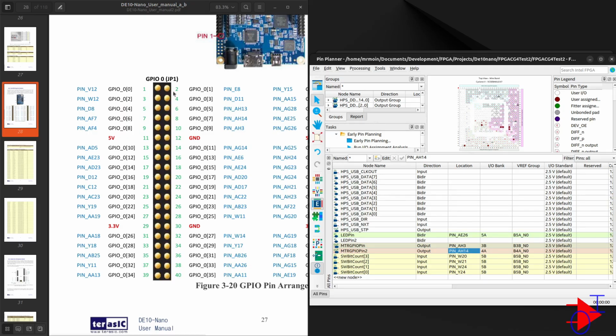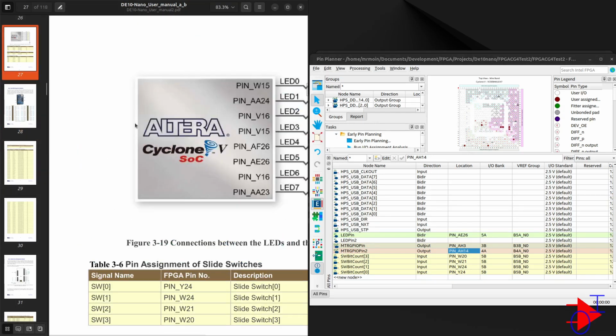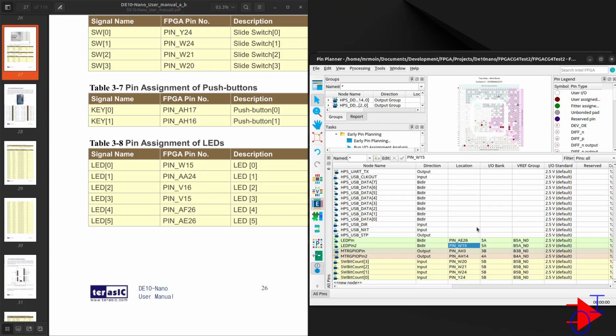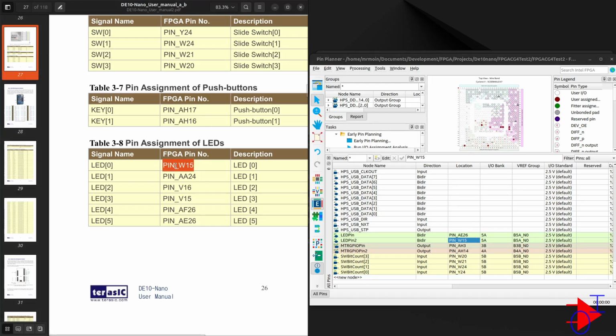And now what I'll do is find my LED. I'm already using AE26, which is number 5. Let's use W15 for our HPS. So whenever the frequency will change, you'll see the change in the light output. Okay, now coming back to why we are leaving